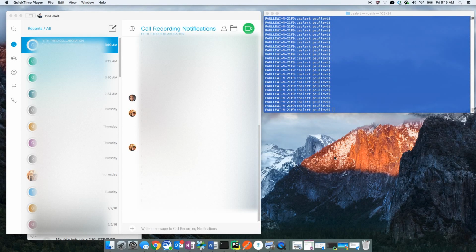Hello. The application that Brian and I built is called CS Alert. Basically what it does is it queries CMX to get the current client count of the devices connected and will compare that to a threshold that the user sets. And when it crosses that threshold, we'll create a Spark room, add a person to that Spark room, and send